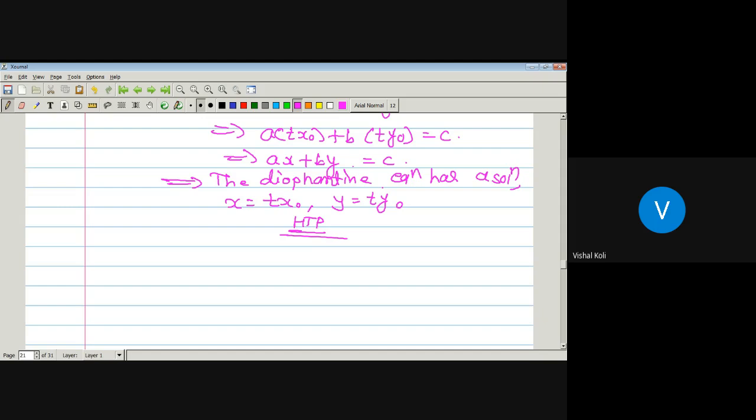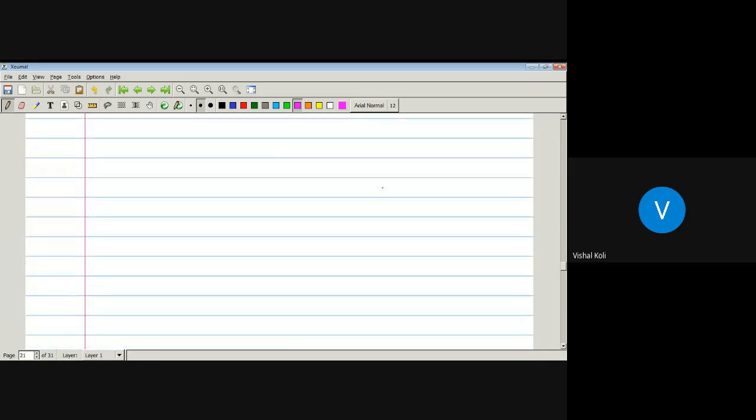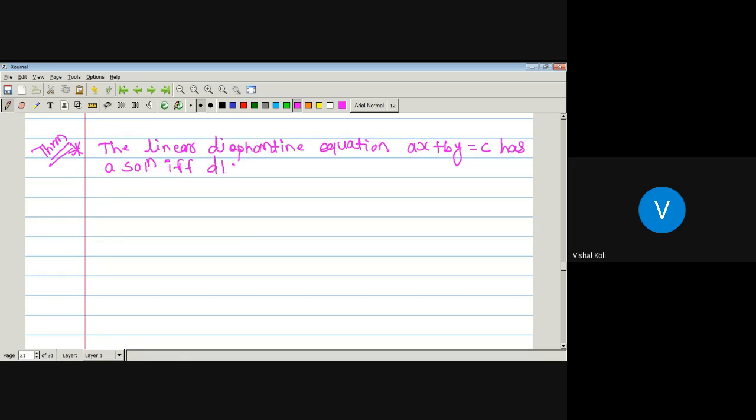Okay. Now the next result. The linear Diophantine equation ax plus by equal to c has a solution if and only if d divides c, where d is the GCD of two integers a and b, and if x0 and y0 be any particular solution